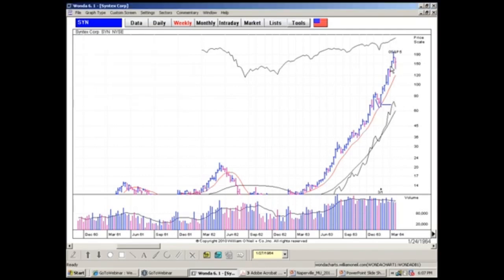Now, it wasn't just a chart. The earnings were up 200%. The sales were huge. The profits were huge, and they had a new product that helped people's white blood count when they were taking chemotherapy treatments, and it had a perfect high type flag pattern. And the volume was all there. Everything was there, and it came at the right time and right place.